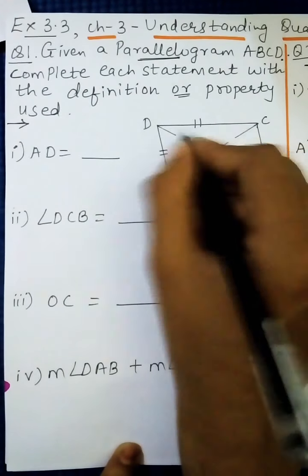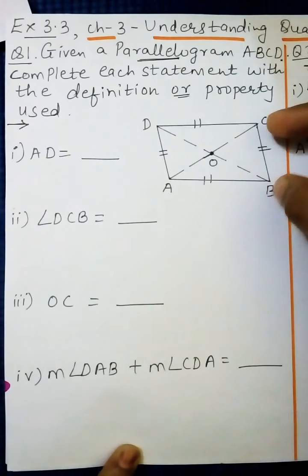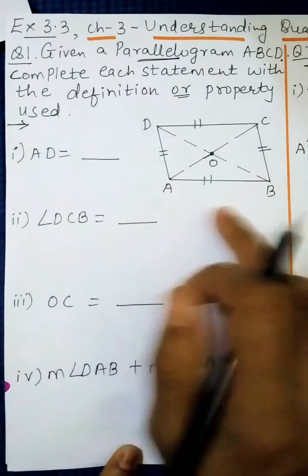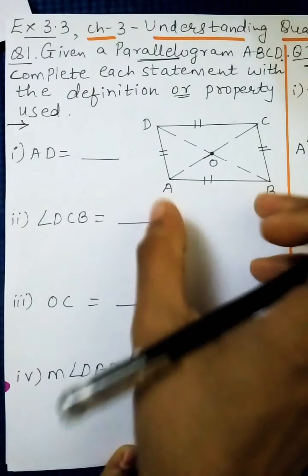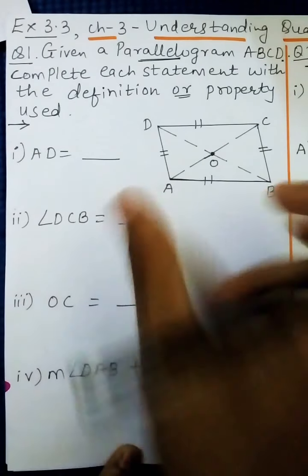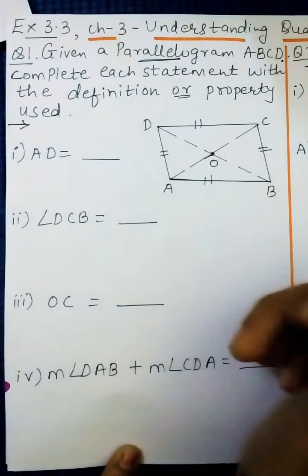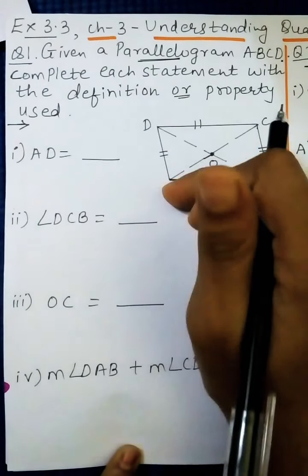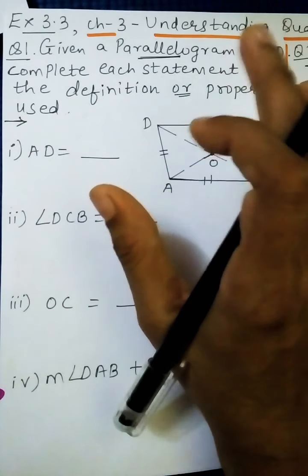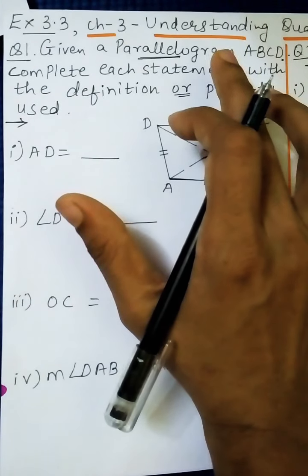Again, other adjacent angles are angle D and angle C. These both are also a pair of adjacent angles. Also angle C and angle B, and angle A and angle B. These are angles lying on the same side, connected through a common side. Angle B and angle C are adjacent, C and D are adjacent, and A and D are adjacent. Adjacent angles always total 180 degrees. So adjacent angles of a parallelogram are supplementary. So these are the properties of a parallelogram.